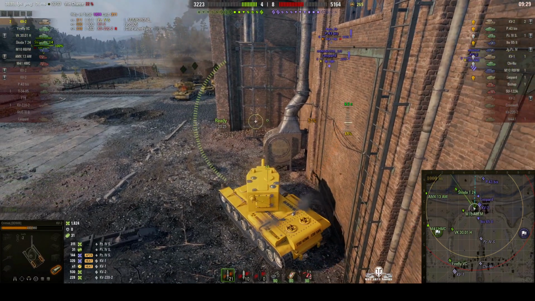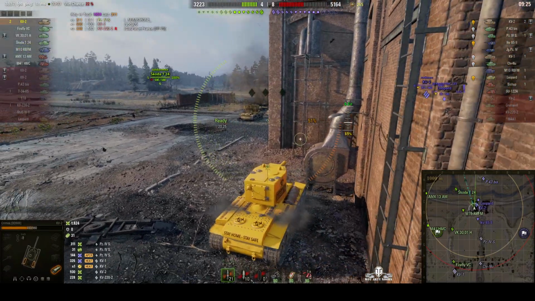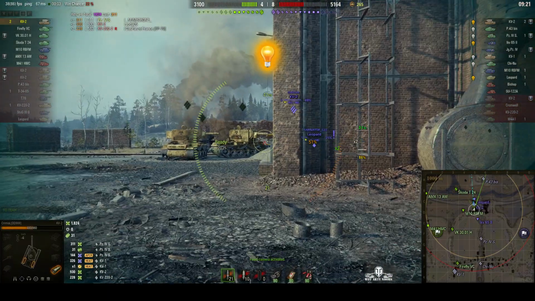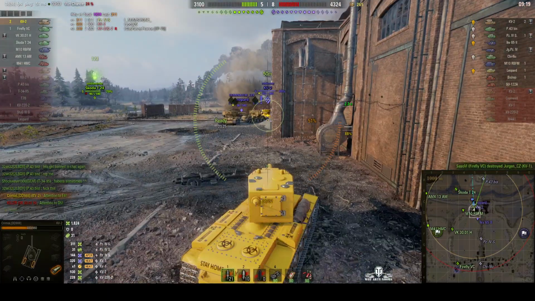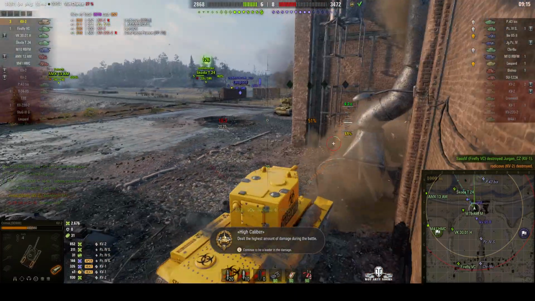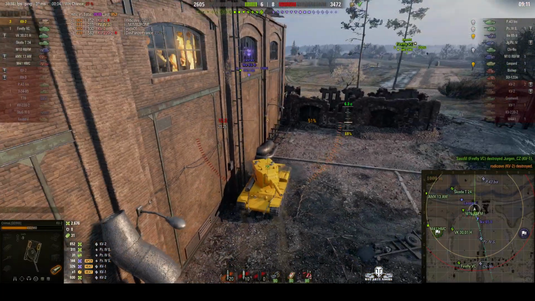Backs against the wall. The Leopards come down. The KV-2, well, he's going to have to come out through that gap. Here we go. Can he get a shot as he does? Yes, he can. And that's the end of that KV-2. He gave us the side and we took it out. Now the Leopard knows that